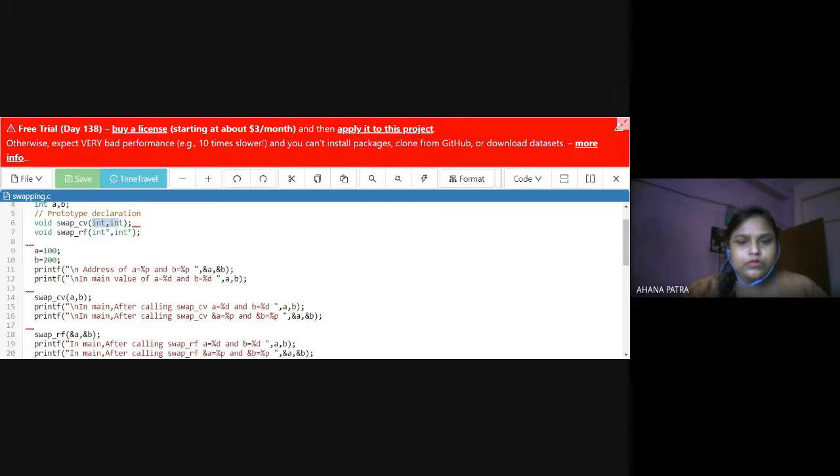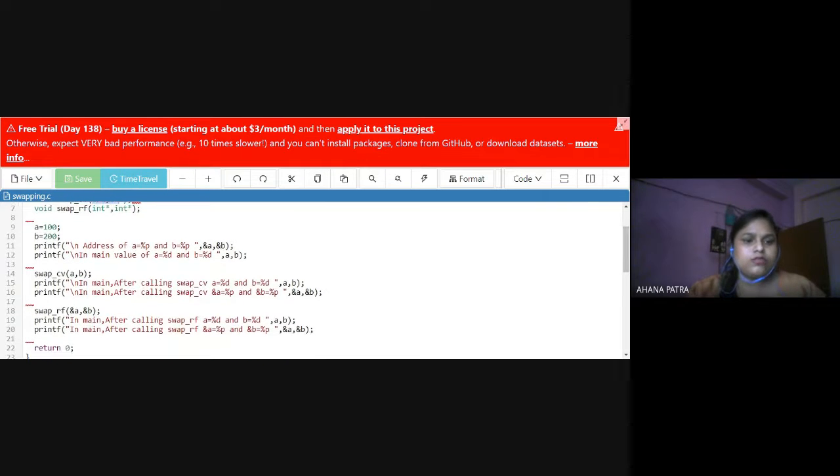You can see first I print the address of the variables a and b, and next I print the values of a and b. Next I call the function swapCV(a, b), and print the values after the swapping, the values of a and b, and the addresses of a and b.